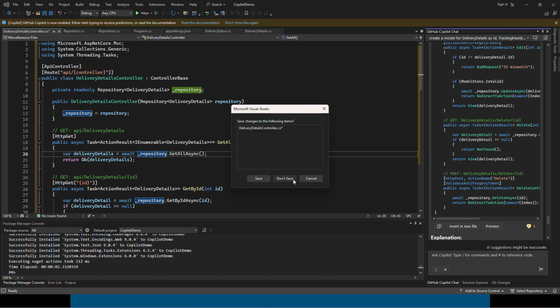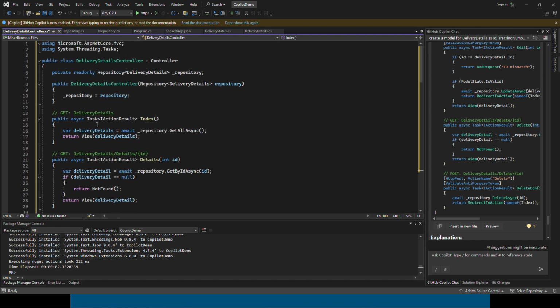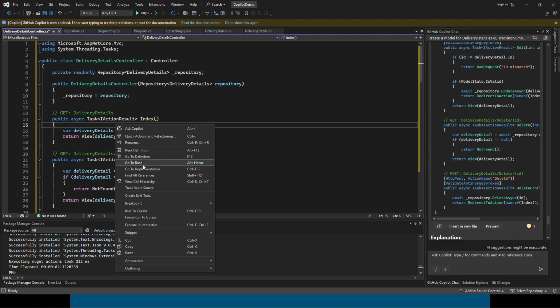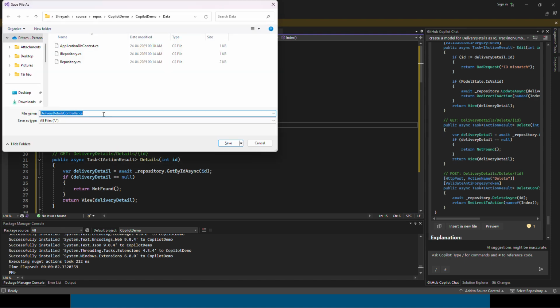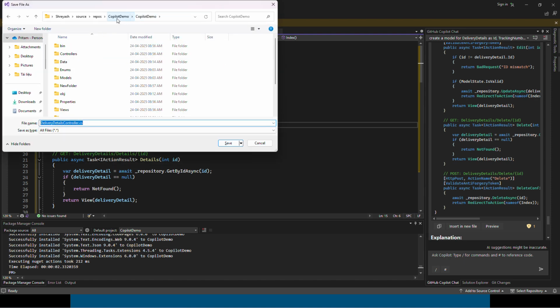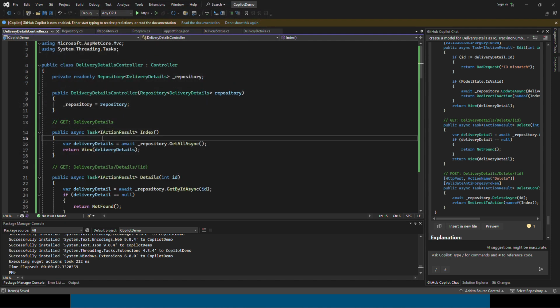I'll close this file. I'll open this file here. Let me see. Index, get all. So if I go to view, the view may not be available at this moment, but let me save this file first. Under Controller, the name is also suggested, DeliveryDetailsController. If I go to